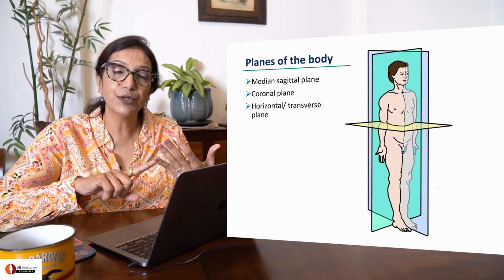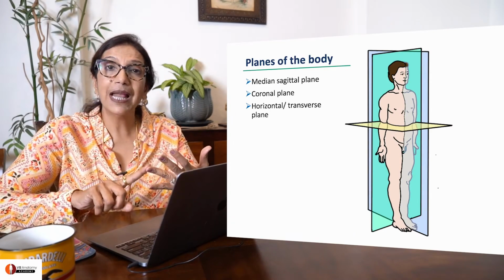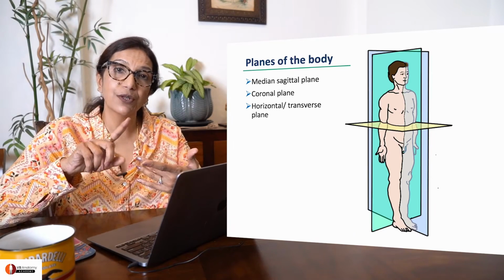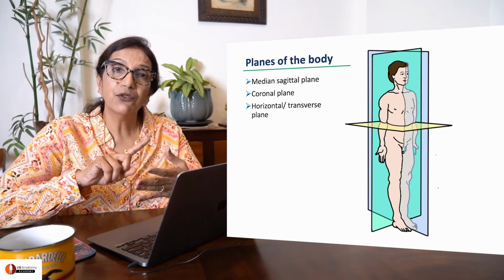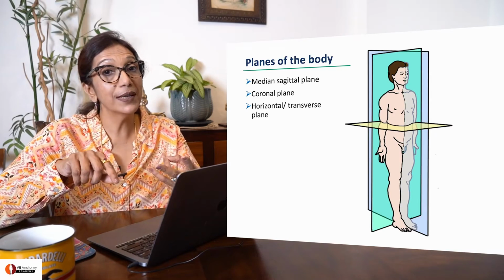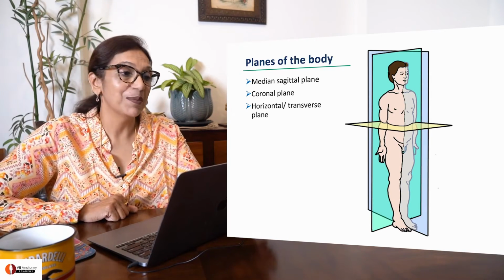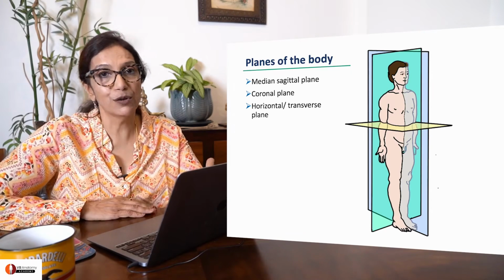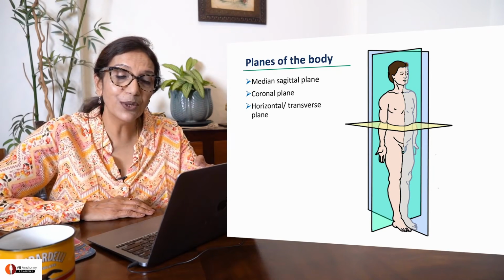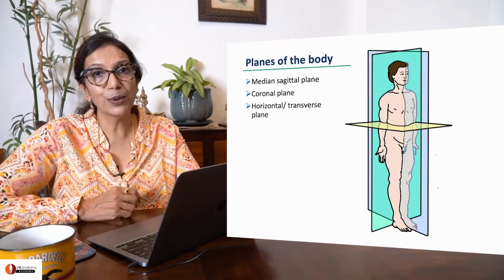So with this, we've finished quite a few positions. Normal anatomical position, lateral position, Sims position, Fowler's position, Trendelenburg, reverse Trendelenburg, lithotomy. See if you can remember all this. Okay? Now we go to planes of the body. I'm sure it was taught to you in college, so we're just going to run through it quickly.